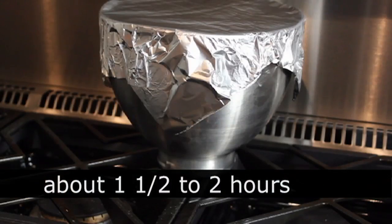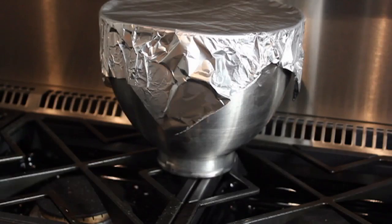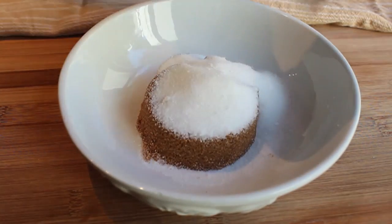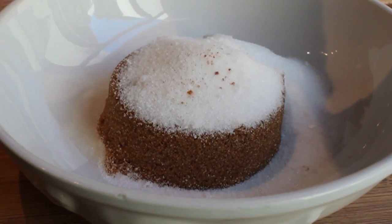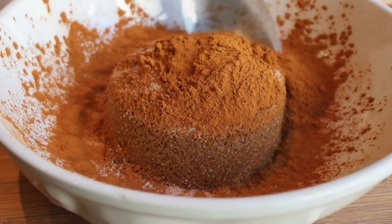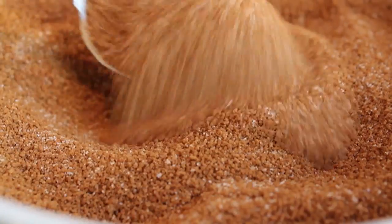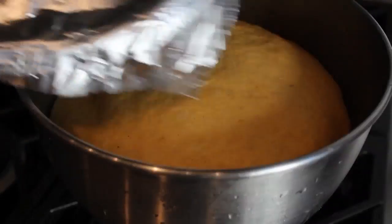And while we're waiting, we might as well go ahead and make our sugar cinnamon filling, which is so easy. We're going to take some brown sugar, some white sugar, and a whole lot of cinnamon, and we're simply going to take a spoon and mix that together. So once that's mixed together, just set that aside, and we're ready for the dough, which hopefully by now is